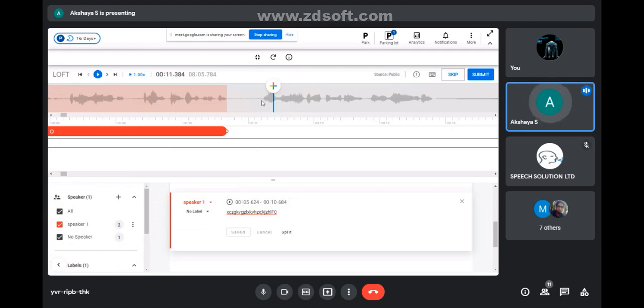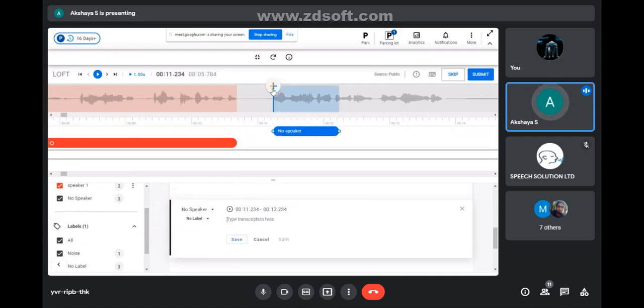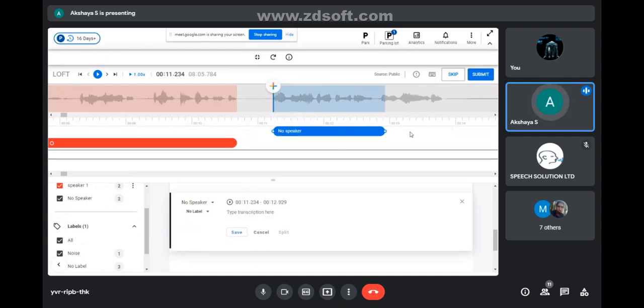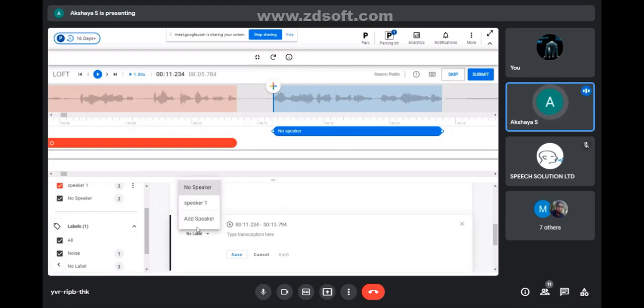Okay, if you hear a robotic voice in the audio, like Alexa, Siri, or machine language, you know, right, robotic voice, in that case you need to create the segmentation, like you need to add the speaker, like in this part. See, from here to here the speaker is talking, but it is a machine. So what you have to do is add speaker. It's not working. Okay, edit the speaker, or edit the speaker like this.